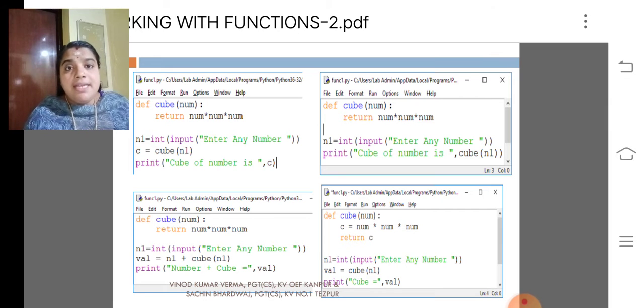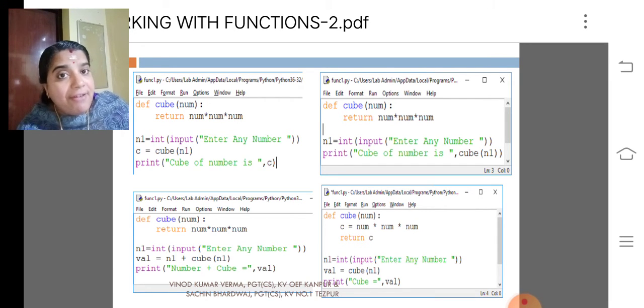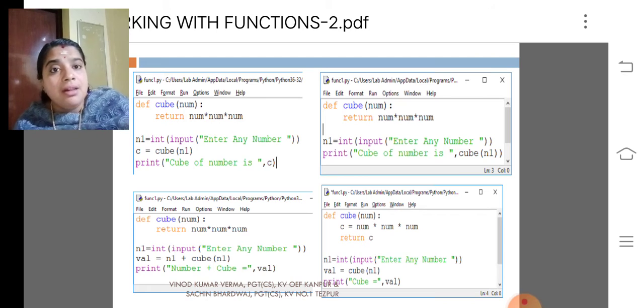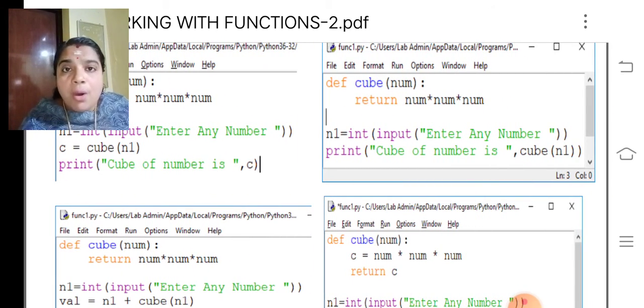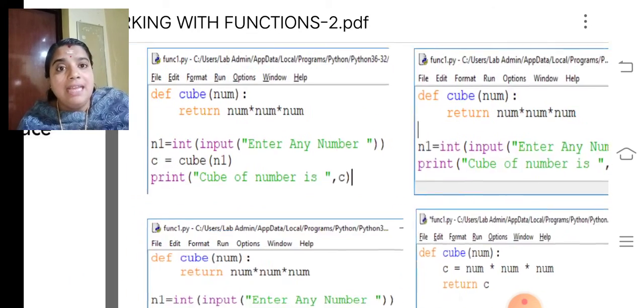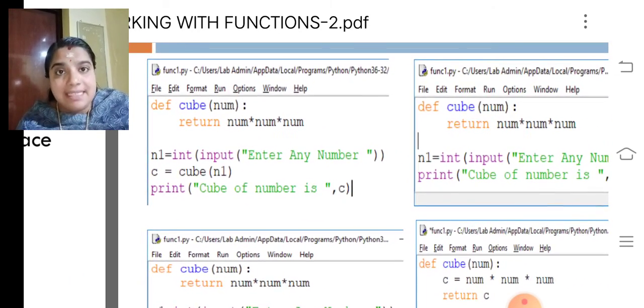Look at the second statement. C is equal to cube of n1. Here we are assigning the calling of a function to a variable. That is, C is equal to cube of n1. Then we are printing the cube of a number as C, as I had given in the first example.